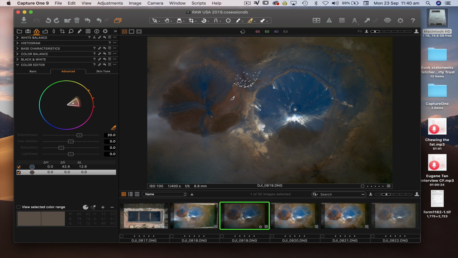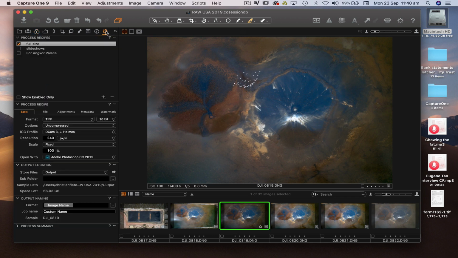And then I'm going to select one of these reddy brown colors here, and I'm going to add a bit of saturation to that, not too much, something like that. Let's see if a bit of light helps. Yeah, a bit of light in there, maybe a little bit more saturation. That's pretty good. Going to go to my recipes, and I'm going to export this as a 16-bit TIFF with